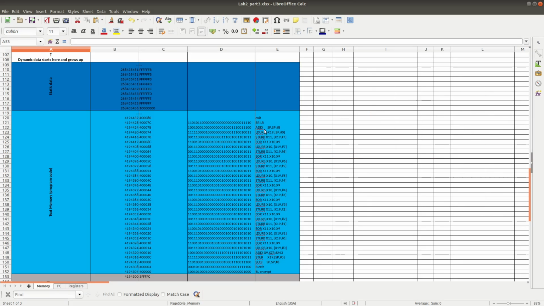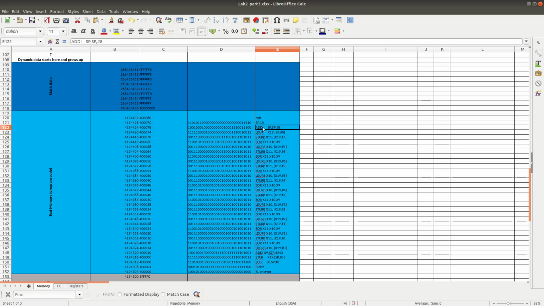After that, we execute this one: stack pointer equals stack pointer added with 8. Why do we need to do so? Because after we read back the value of X19 from stack memory, that memory will be freed and ready for other data to be stored by stack operations.